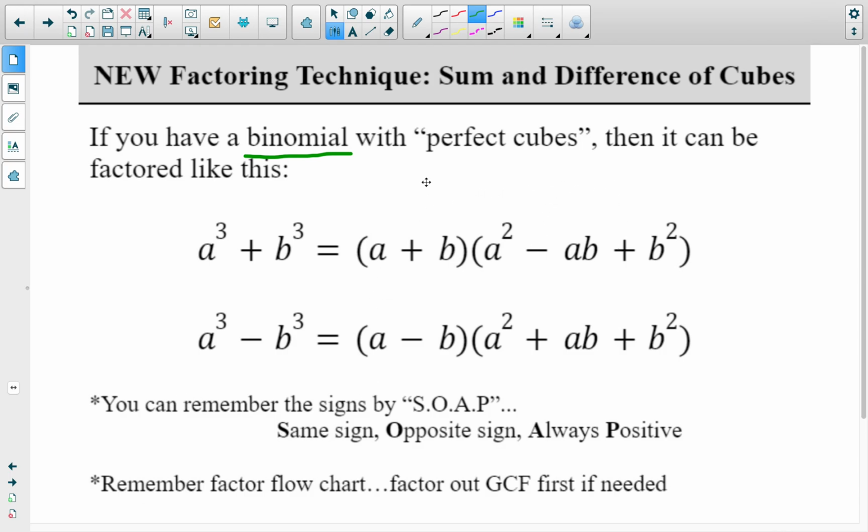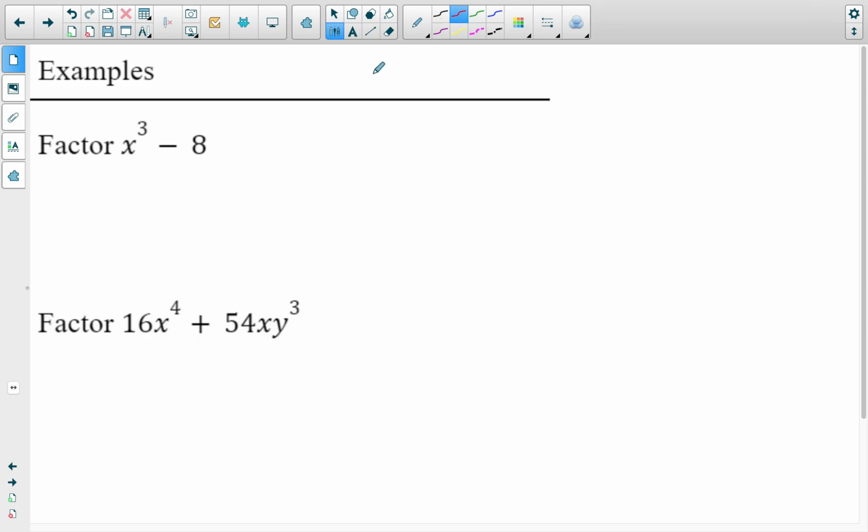Okay, so the way that we can remember these signs is if we start off with an adding sign here, then this sign here is going to be the same as whatever we started with. The next sign that appears is going to be the opposite. So this was a plus, now this is going to be a minus, and then this final sign is going to be always positive. These are going to make the most sense when we go through examples. And then this is called the difference of cubes, and the only difference is that the signs are flipped. So what I would like for you to know how to do is to first recognize that this